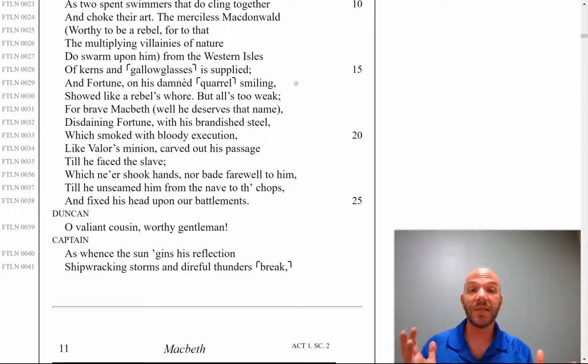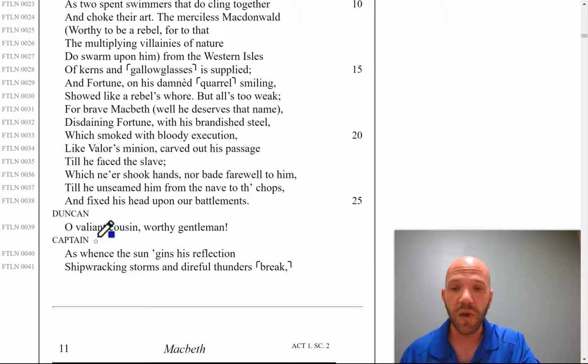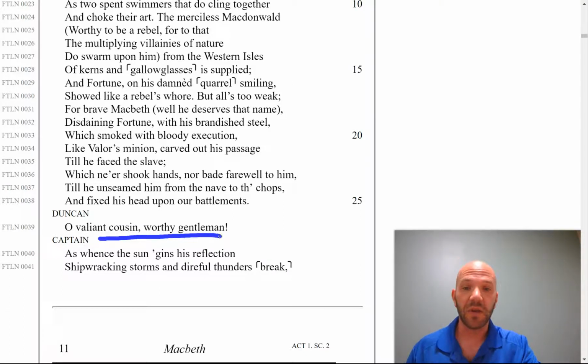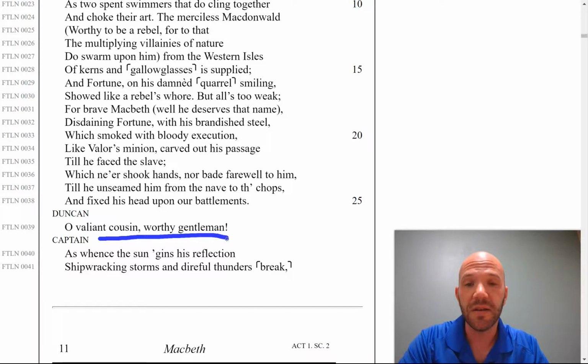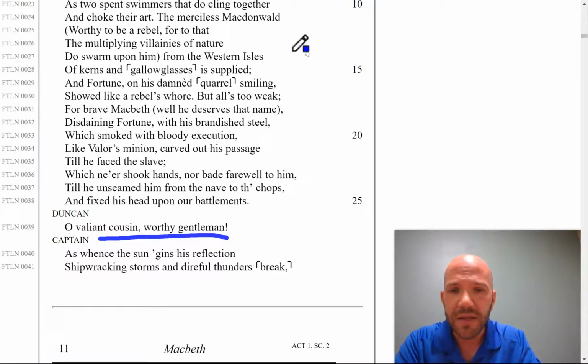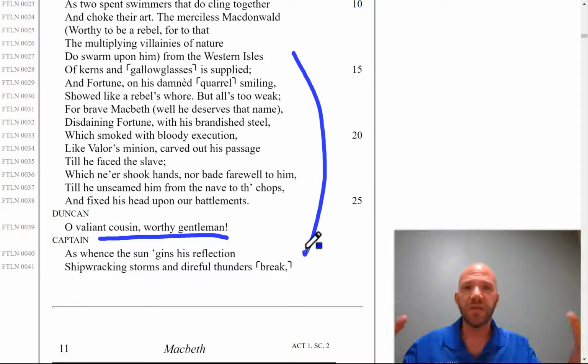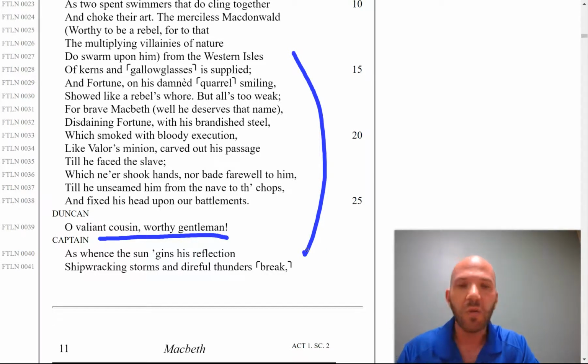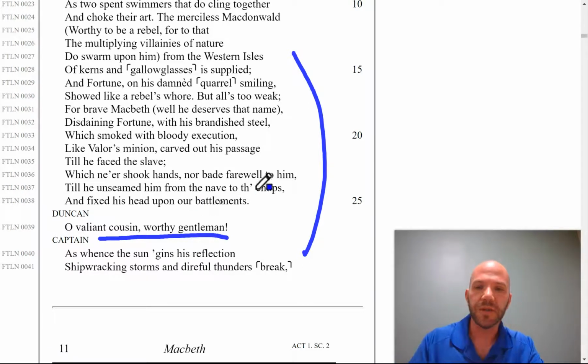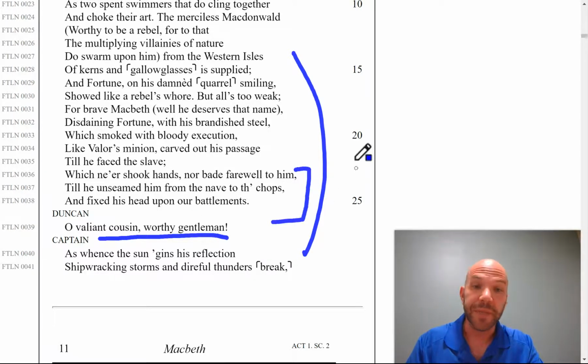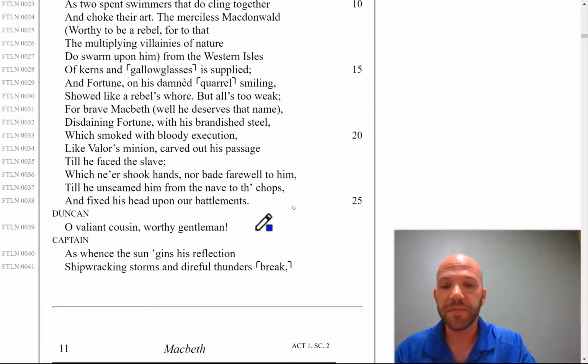I think this tells us a lot about the world that the play is set in. What is valued? What is respected? Okay, in this world, especially given the way Duncan responds to this story. Remember, Duncan's the king. He says, "Oh, valiant cousin." And Macbeth was a distant cousin of Duncan's, according to the history. "Oh, valiant cousin, worthy gentleman." So that tells us what Duncan respects, or what this society respects in people, especially in warriors. I mean, nothing has really changed with what we respect in, I guess, warriors. Maybe a little bit in this part. But that tells us a lot right there.